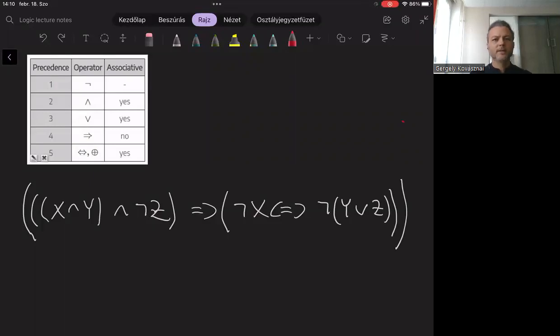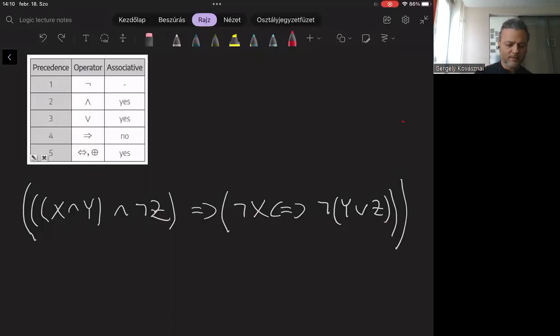In this exercise, we have to simplify a given formula. You can see the formula on your screen. We can eliminate a few parentheses from this formula. It's full of parentheses, so if we can eliminate any of those, the formula gets simpler and more transparent. Okay, let's analyze the formula first.